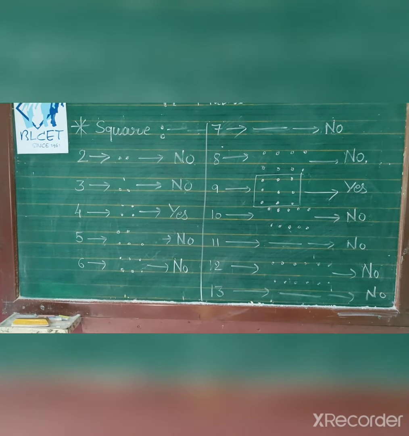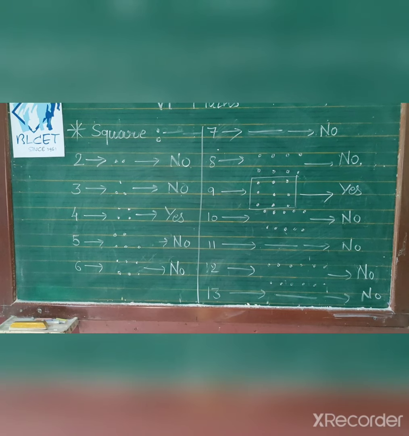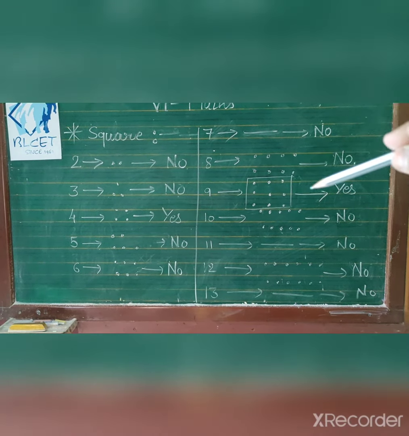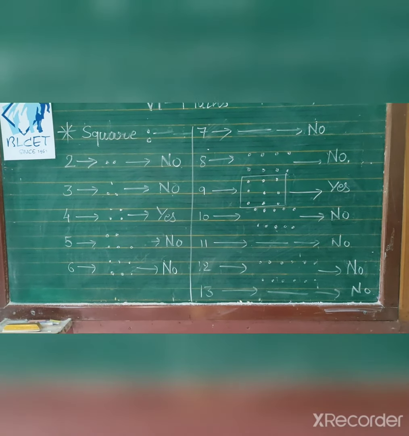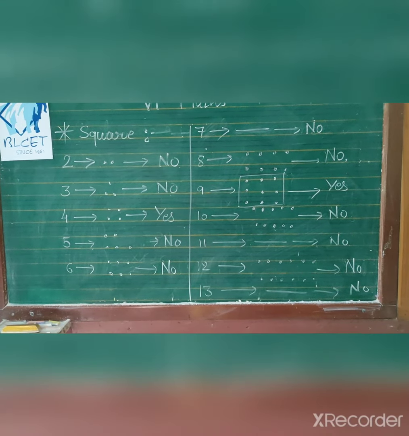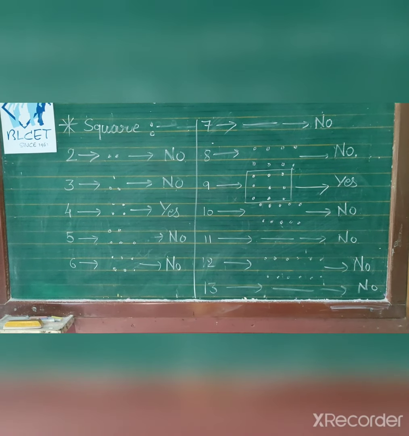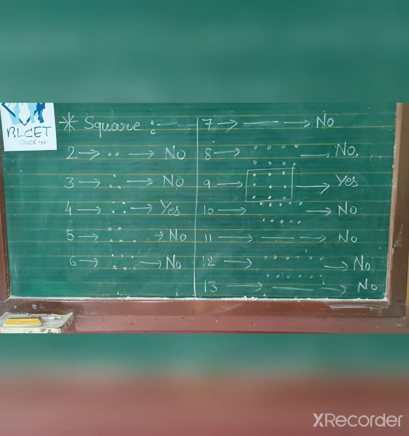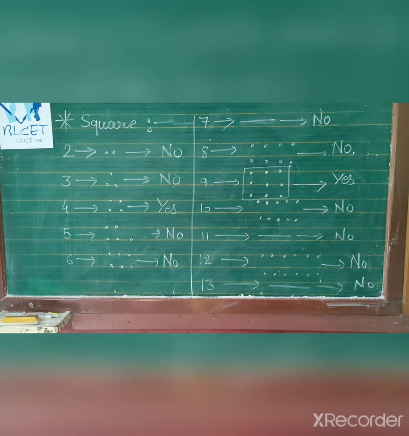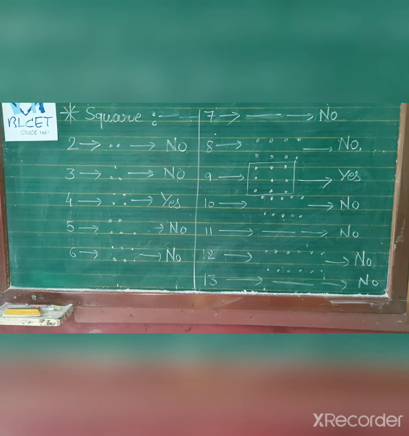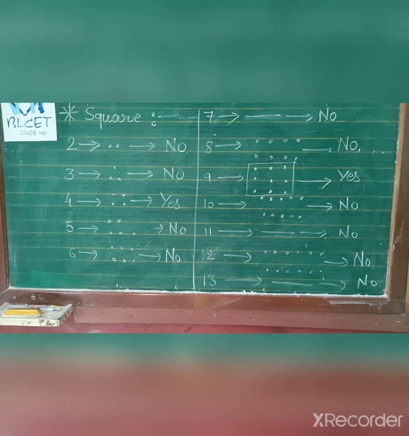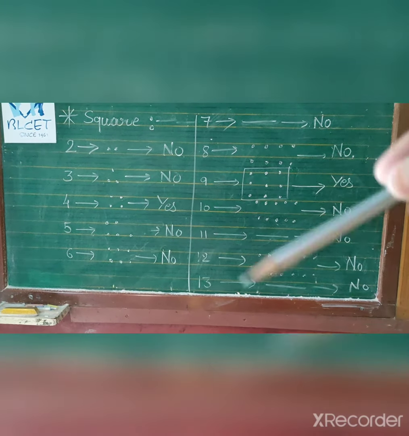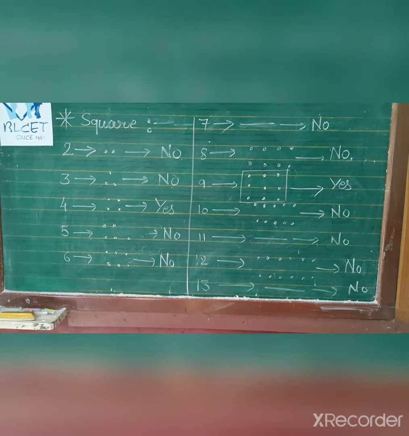So in short, what we can say is that a square number will form a square shape. 9 is forming. You can see 3 dots, so 3 by 3. Yes. 10 is not a square number. 11 is not a square number. 12 is not a square number. 13, no. So next you can predict the number. 1 one is 1, 2 twos are 4, and 4 is forming. 3 threes are 9. So next, 16 will form a square shape. So these answers are here. You can fill in your table.